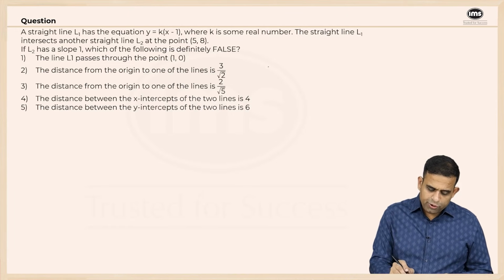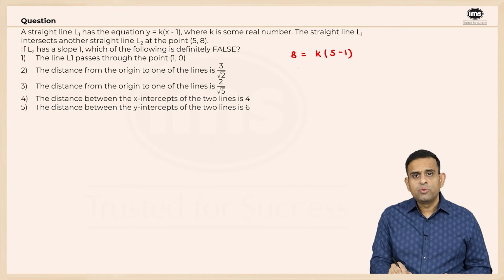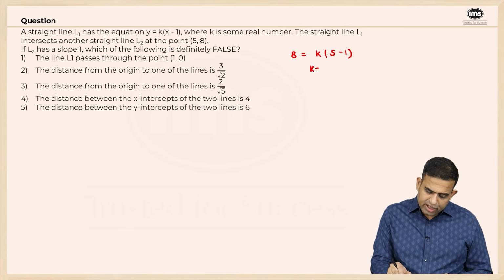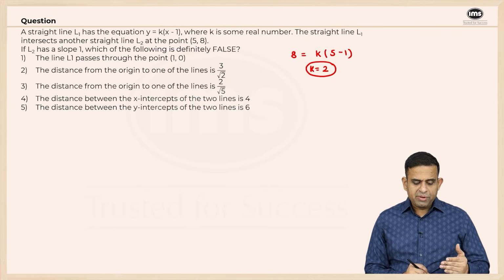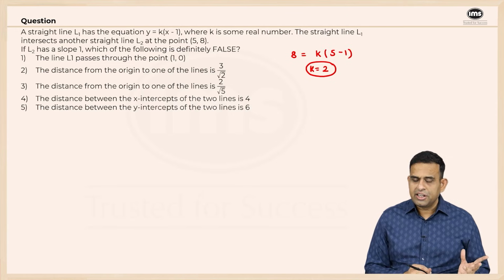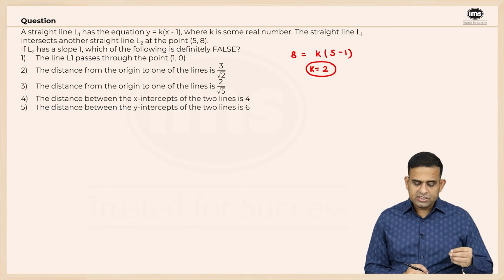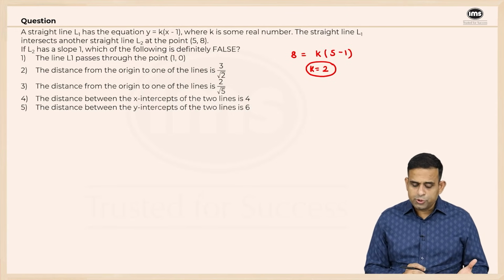If I do that, what is going to happen is, put y as 8. So 8 is equal to k times 5 minus 1. So 8 is equal to 4k, k becomes equal to 2. So we are able to find k to be equal to 2. Now some info has been given to us about L1 and L2 as well. Since I got the value of k to be equal to 2, I can say